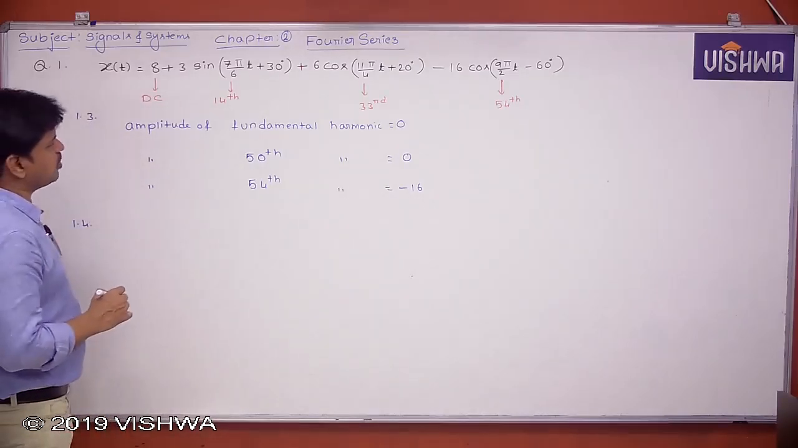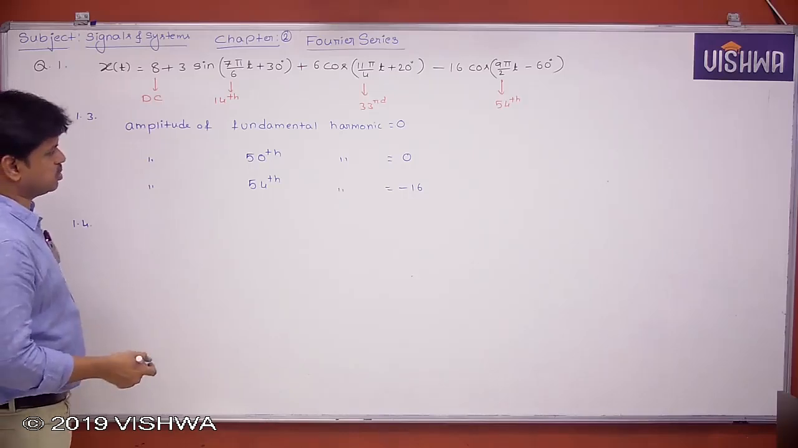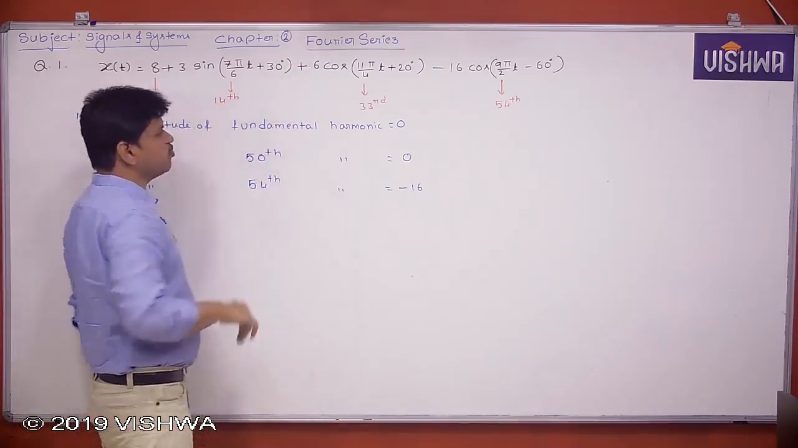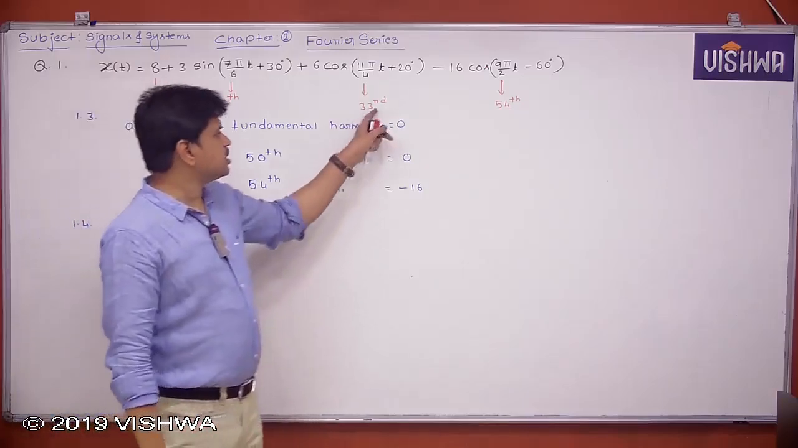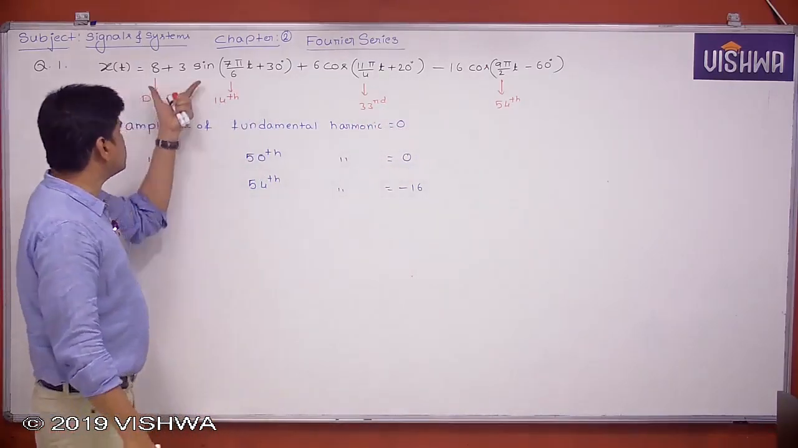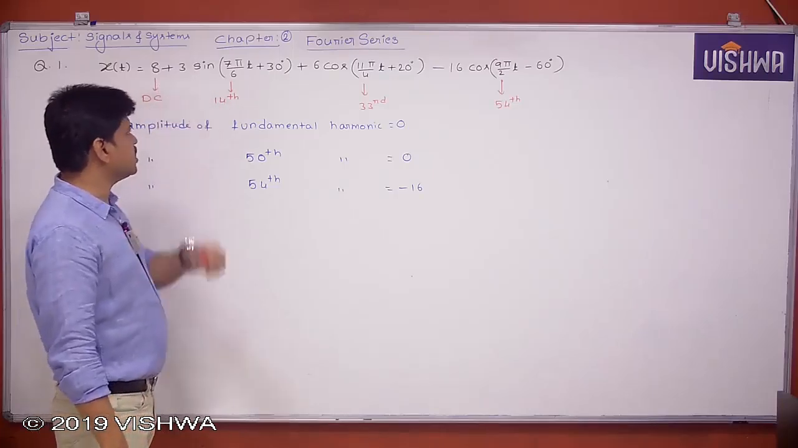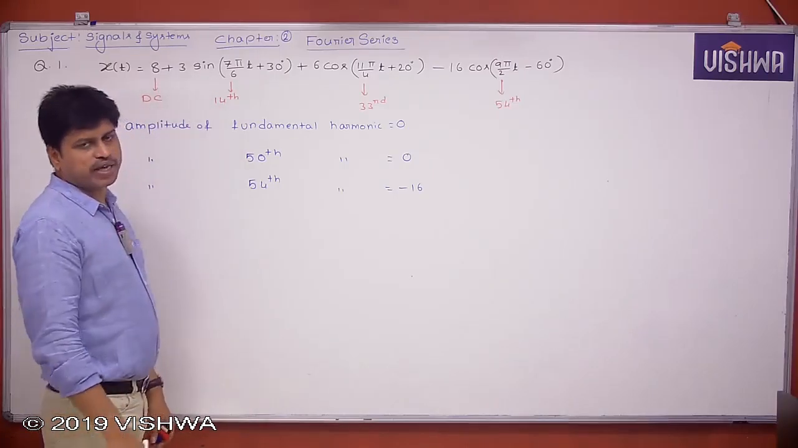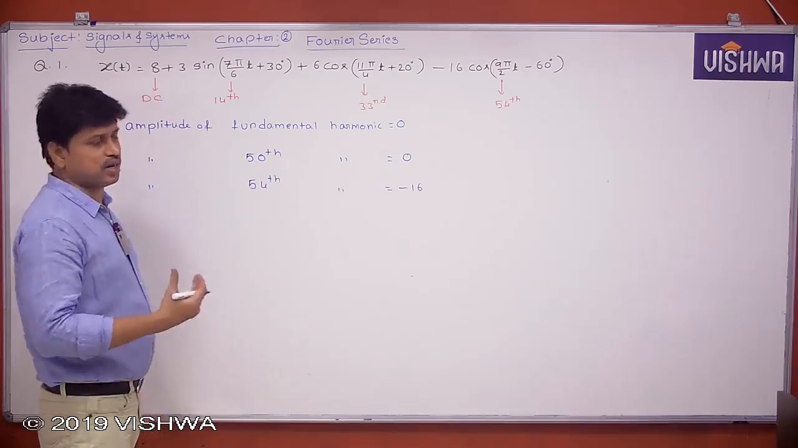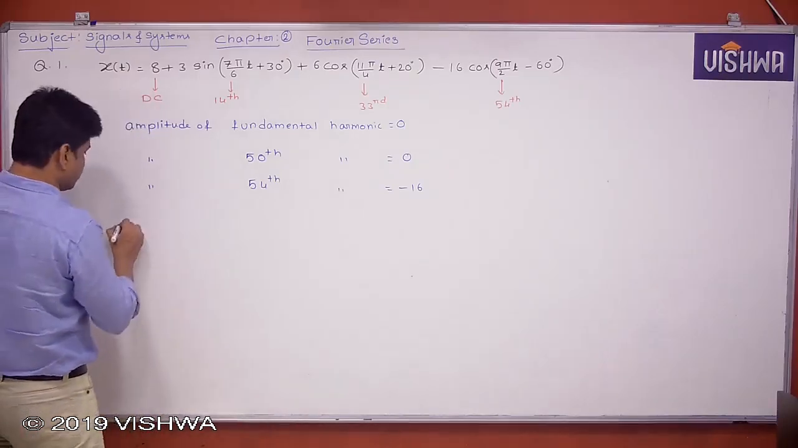What is the power available up to 30th harmonic? So 30th harmonic means we are having only the DC component and the 14th harmonic. We don't have the 33rd, we don't have the 54th harmonic component. So we have to consider only these two terms: one is DC, another one is the 14th harmonic component. Why? They said up to 30th harmonic. So up to 30th harmonic,